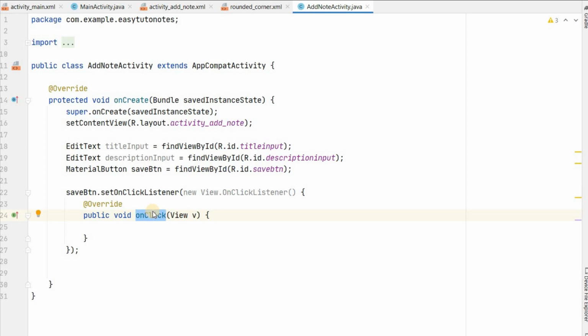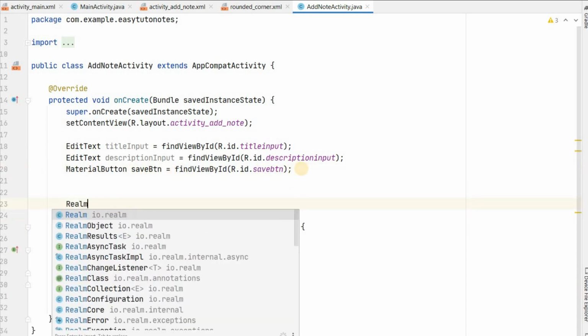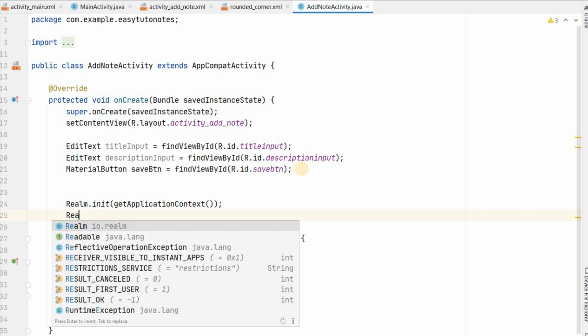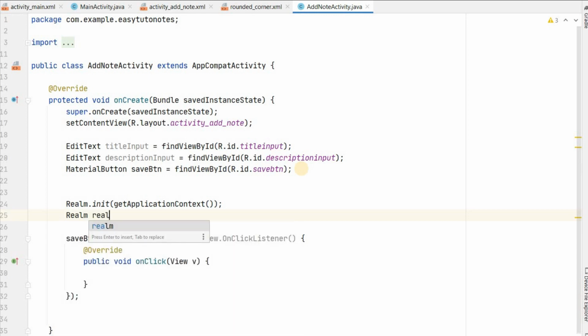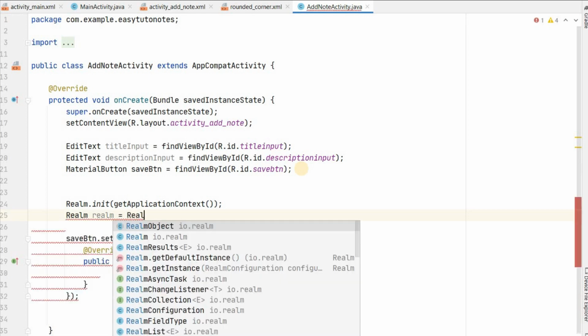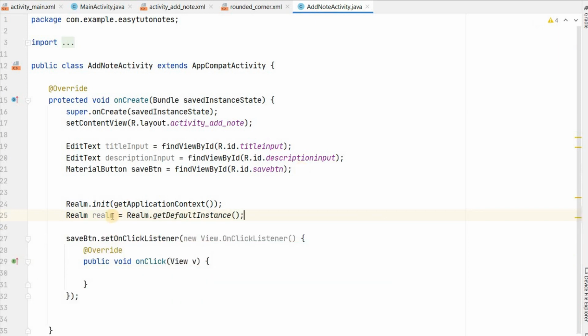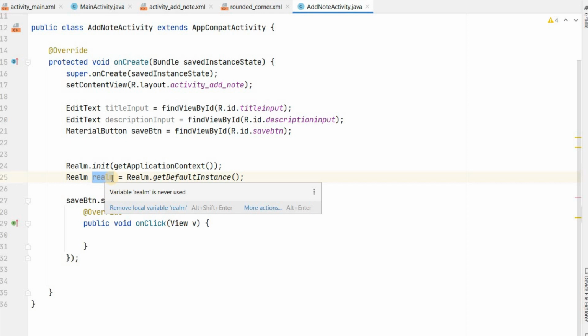So to save the notes in Realm we have to initialize Realm. So let's do that. Realm.init, and we have to pass the context first, then we have to create the reference for Realm.getDefaultInstance. So we have Realm, and with the help of this we will add the notes to the database.